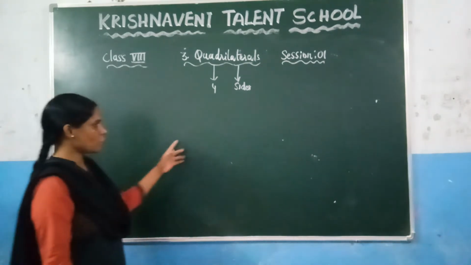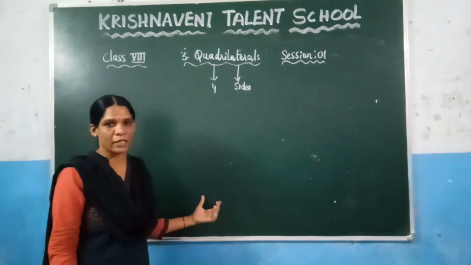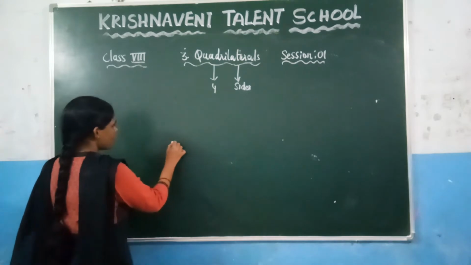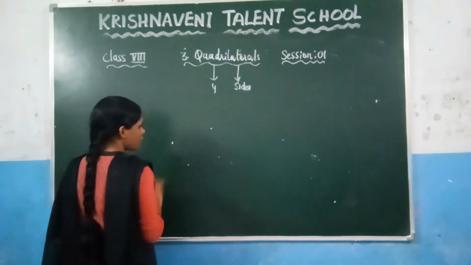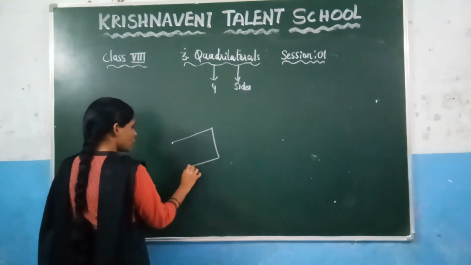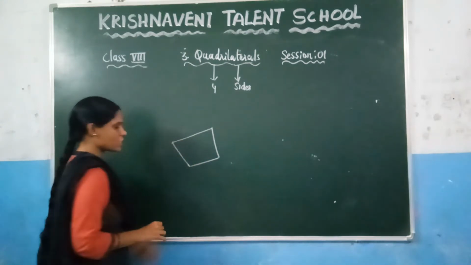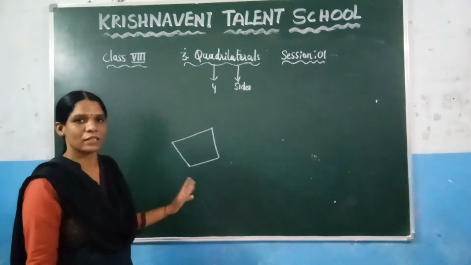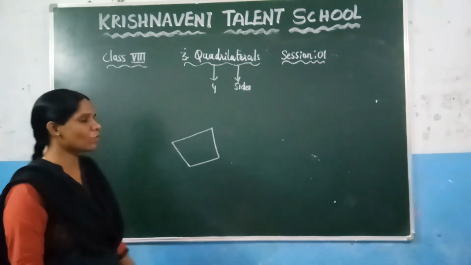That means if you consider any 4 points on a plane and draw them here, you will get a quadrilateral. So consider here 1 point, 1 point, 1 point and 1 point. If you join them, you will get a four-sided figure. We call this a quadrilateral. So what is meant by a quadrilateral? A closed figure that consists of four sides, we call it a quadrilateral.